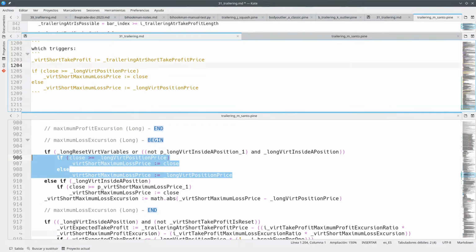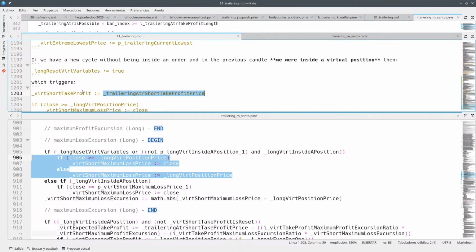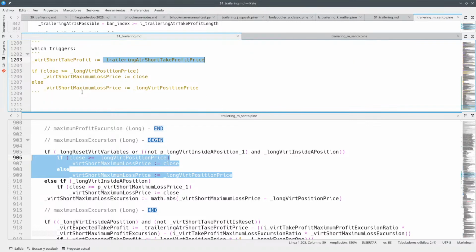So the first thing it does is update bid short take profit, and it's the ATR value. But then the short maximum loss price should be either the close, if it's bigger than the long bid position price,